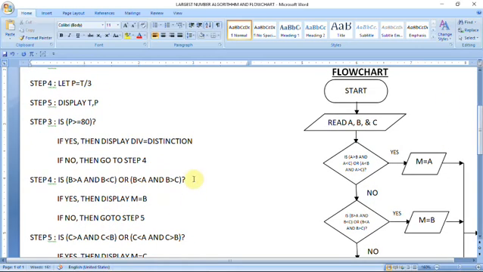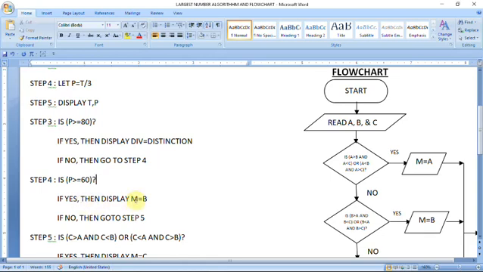Next, here also you have to write the condition. In step 4, because there are many divisions, I have to write: is P greater than or equal to 60? After distinction you have to write the formula for finding the first division, we have to check the possibility of the first division. Question mark again you have to give.